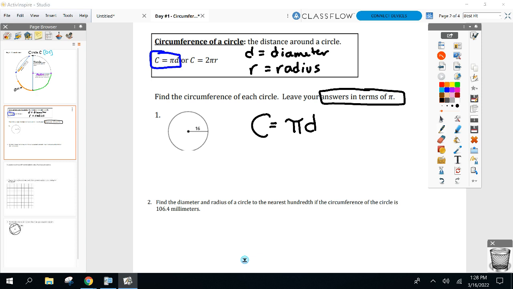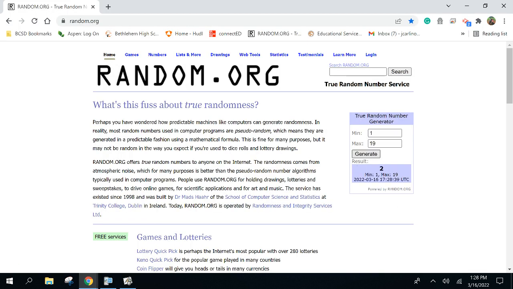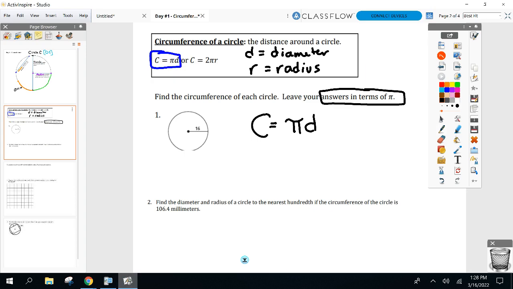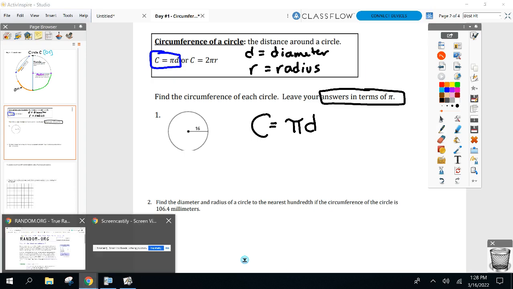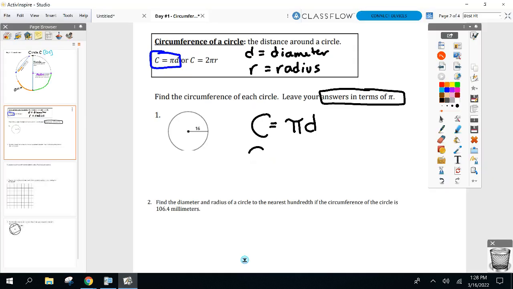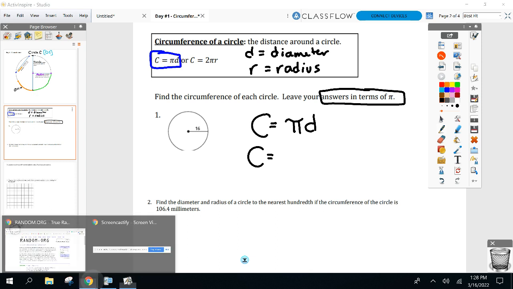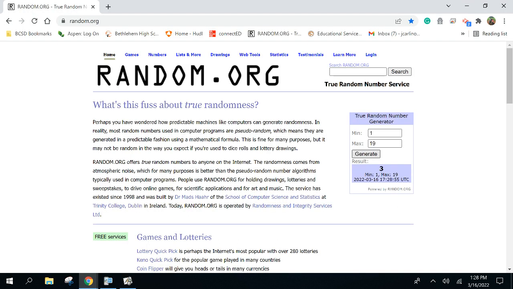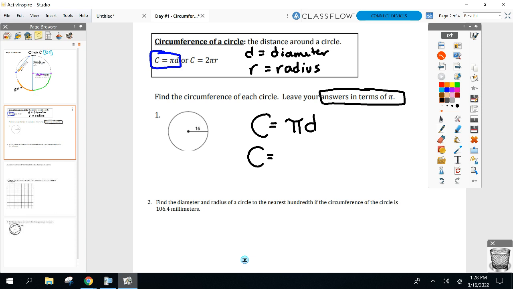What's the 16 referring to? Name that segment right there. Matt, what's that 16 referring to? Radius. But I need diameter, so what are you going to do with the 16? Multiply it by 2. So instead of plugging in 16, multiply it by 2, and I'm going to plug in